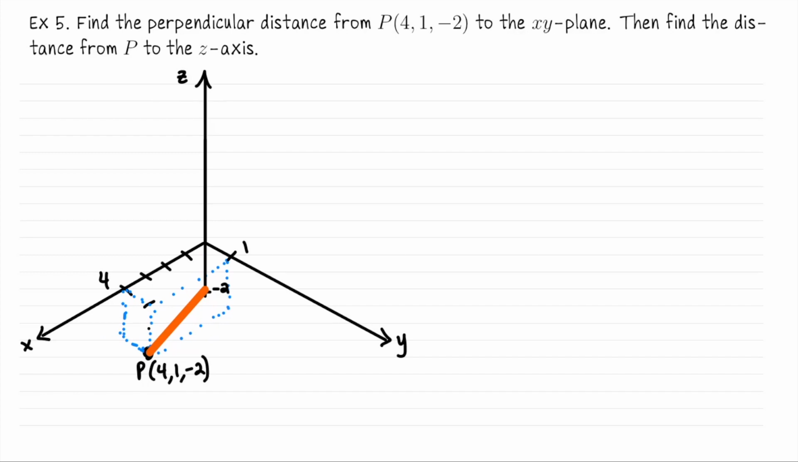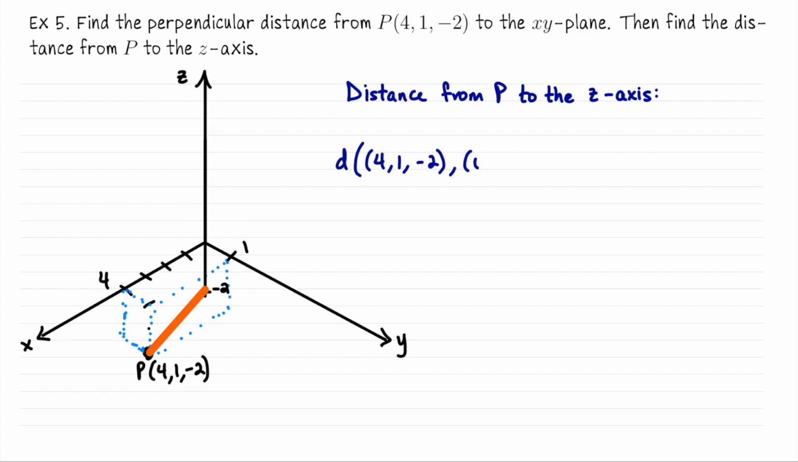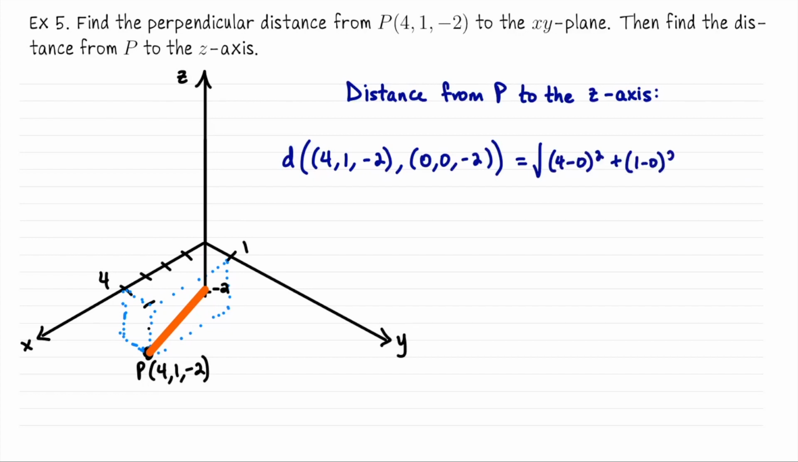0, 0, negative 2. Okay, so the distance from P to the z-axis would be the distance from P, so from the point 4, 1, -2, to the point 0, 0, -2, which is going to be the square root of 4 minus 0 squared plus 1 minus 0 squared plus -2 minus -2 squared, so plus 0 squared. So we end up with the square root of 16 plus 1, or in other words, the square root of